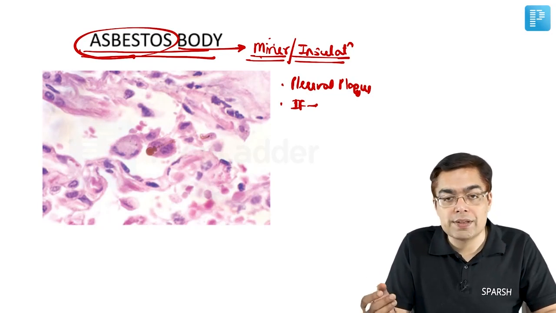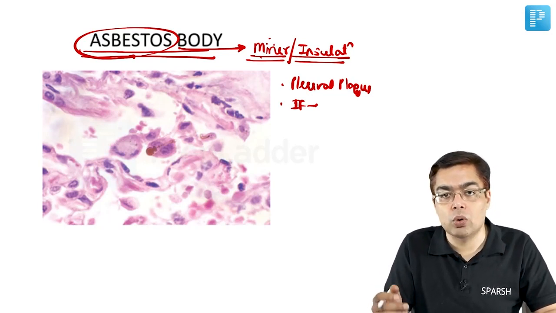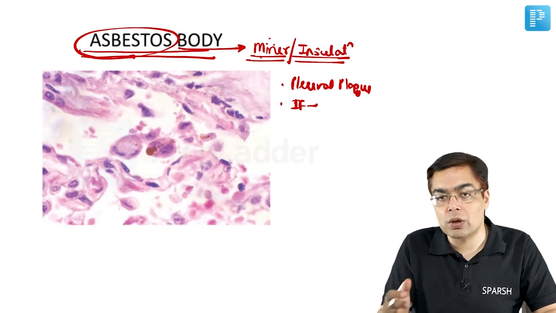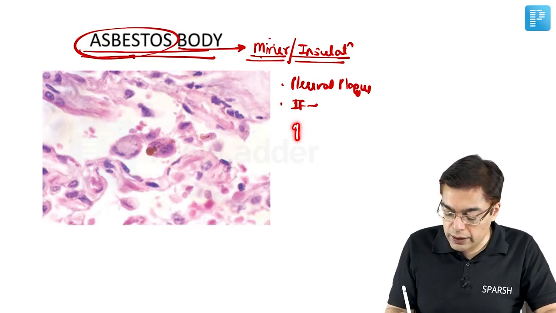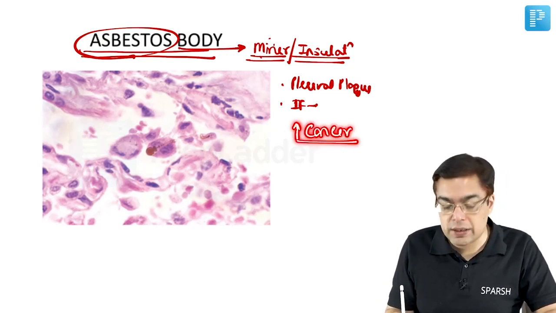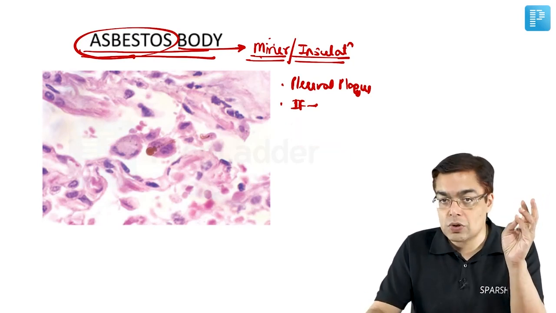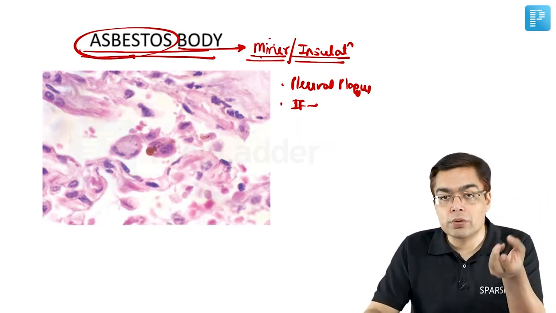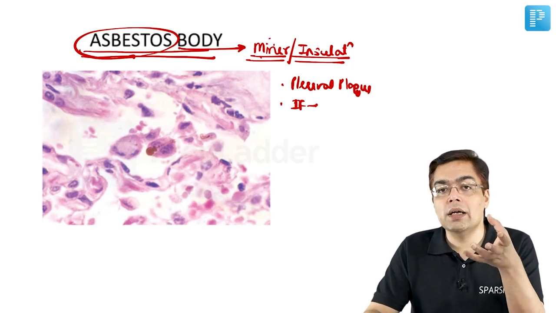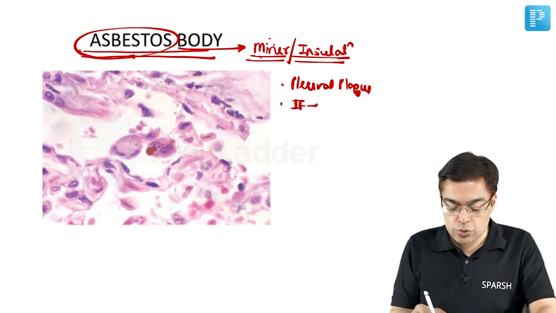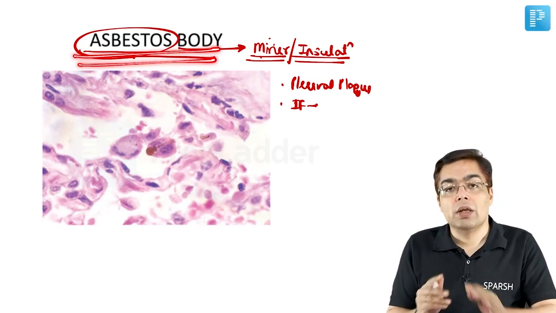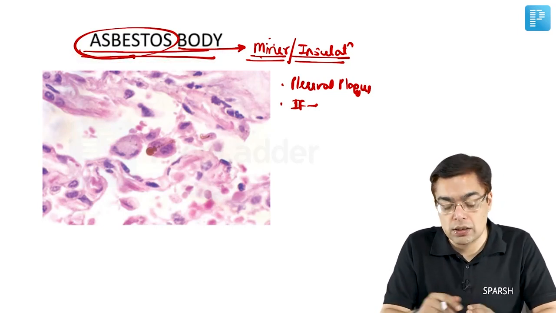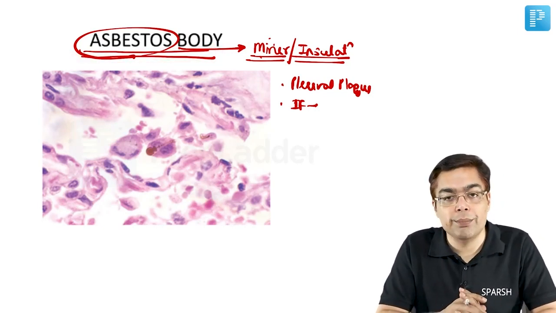So as you can recall from our discussion in neoplasia, it is both an example of an initiator as well as promoter chemical. It is therefore associated with an increased risk of development of multiple types of cancers: laryngeal carcinoma, anal carcinoma, renal cell carcinoma, bronchogenic carcinoma, as well as malignant mesothelioma, all those cancers associated with asbestos exposure. The commonest so far as the lung cancer is concerned due to asbestos exposure happens to be bronchogenic carcinoma, and the most specific lung cancer which is seen because of asbestos exposure should be answered in the exam as a